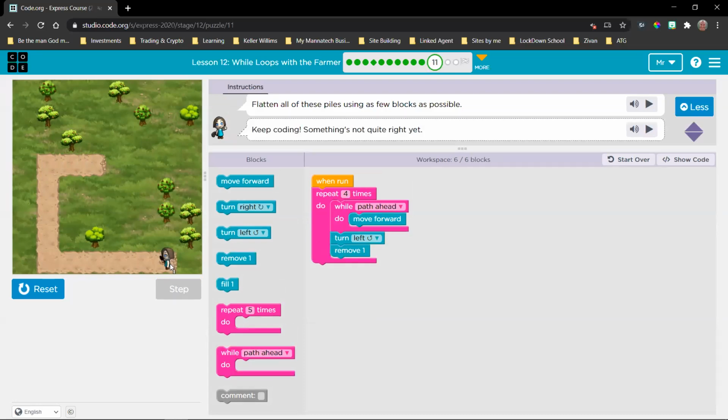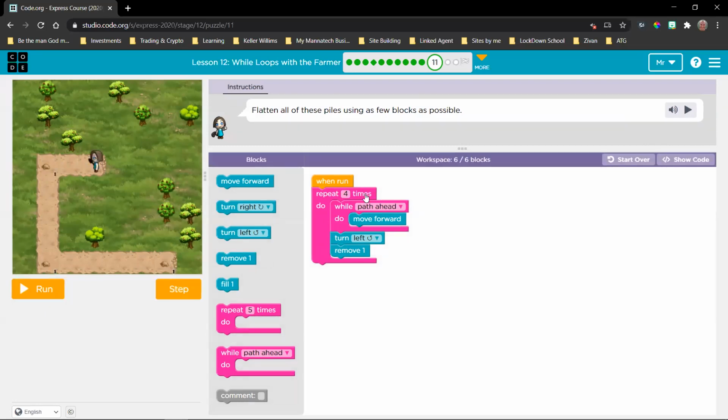Now we've made another hole there. Something's not right. Who can debug this? Yes. Well done. Well spotted.